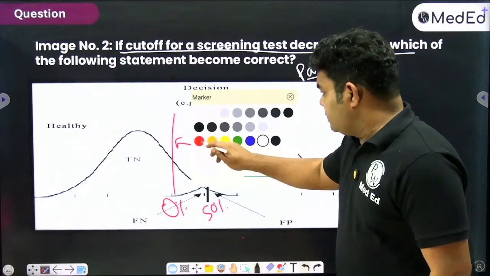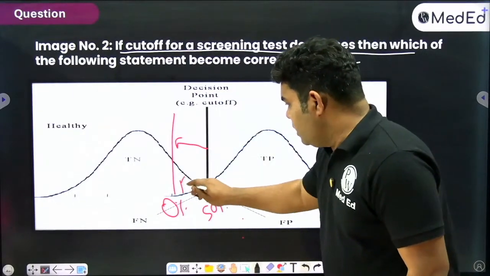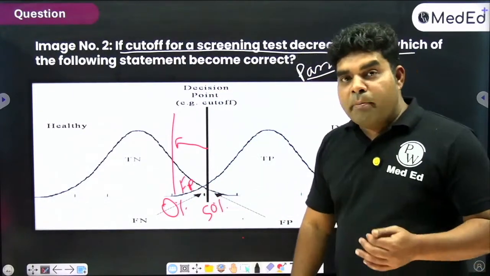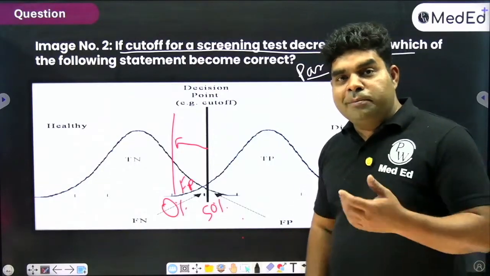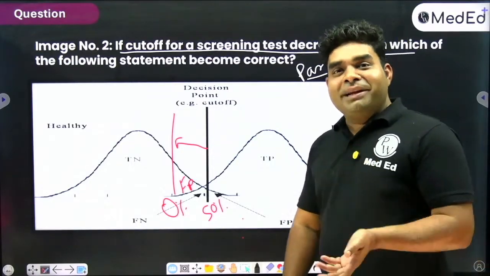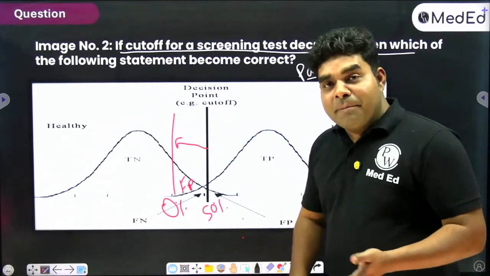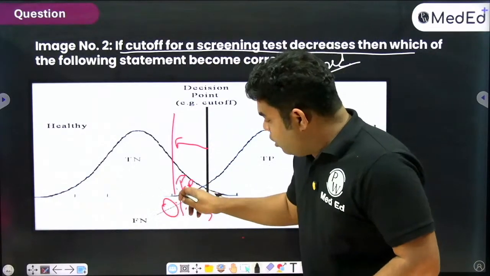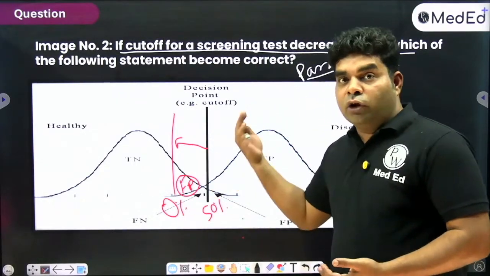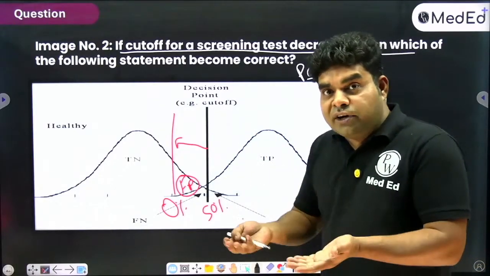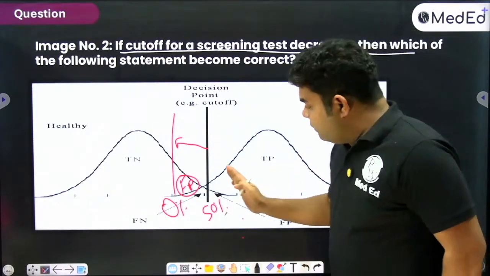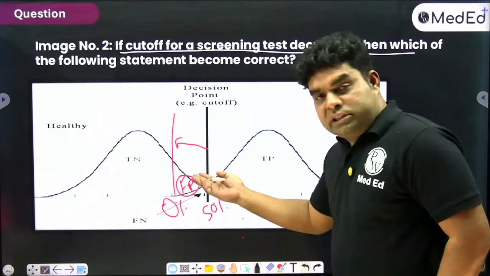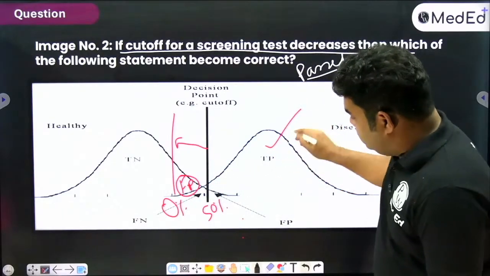Like I heard this strange news that there was a guy who scored -12 marks and he got the radiology branch. Even his guess did not work, but still he got the radiology branch. So if you lower the cutoff, those types of false positive students will also pass. Those who have not studied, they will also get the branch. So whenever you lower the cutoff, false positive increases, and on the side of positive, there will be both true